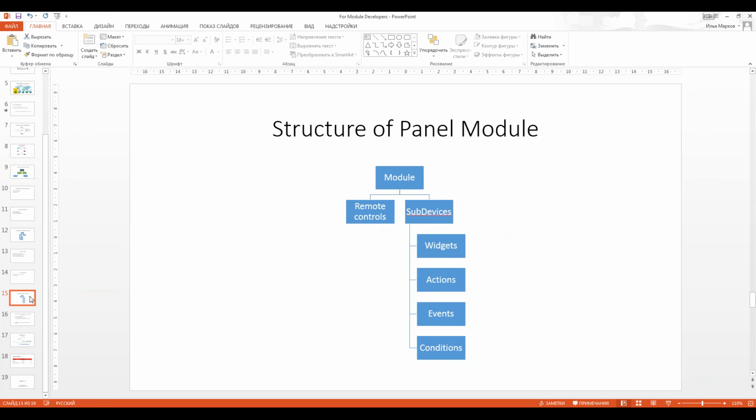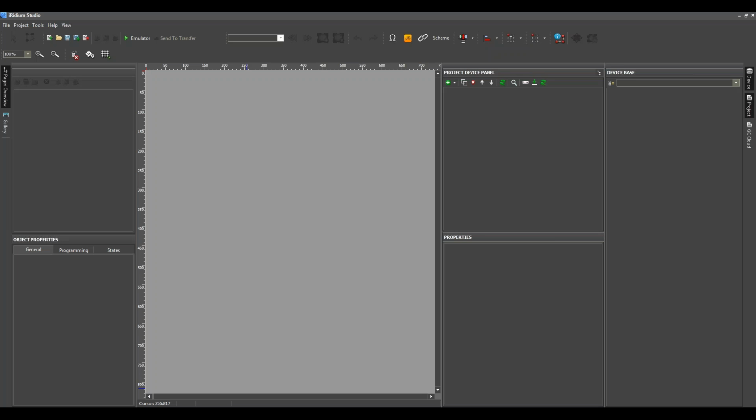Now let's develop a module together. Our team created a specific iRidium Studio, a specific editor for module developing. In future, it will be one tool for iRidium projects and iRidium modules, but now it is two tools.